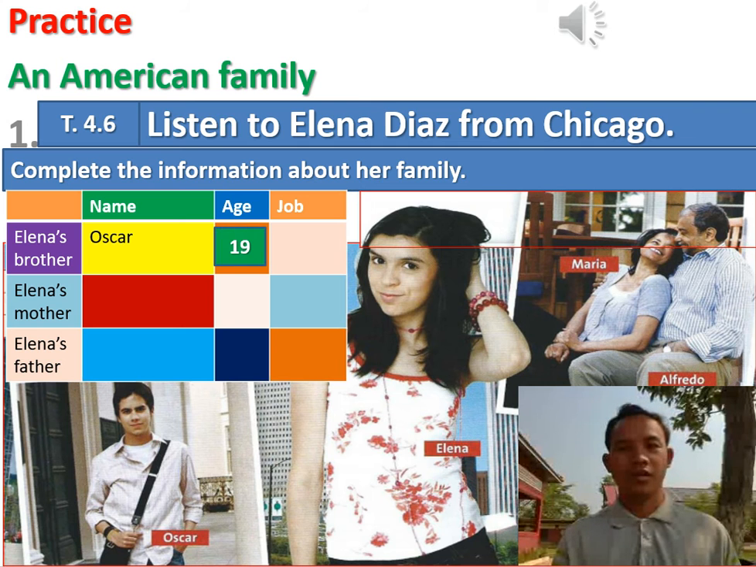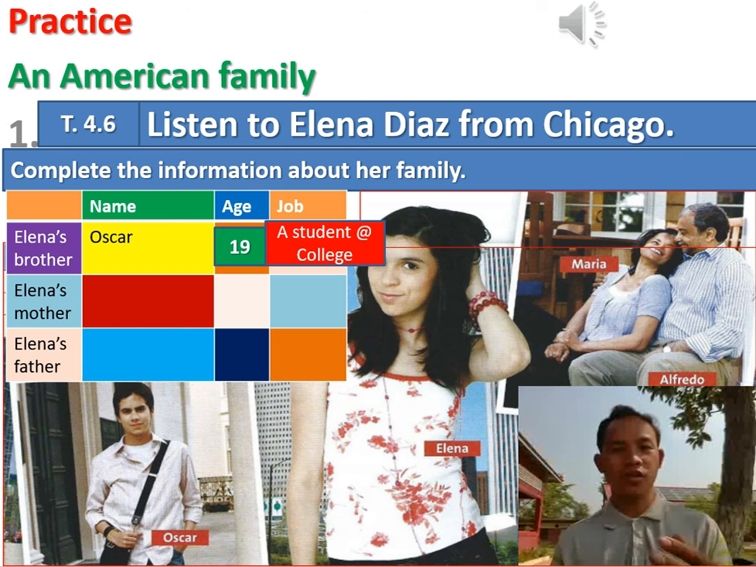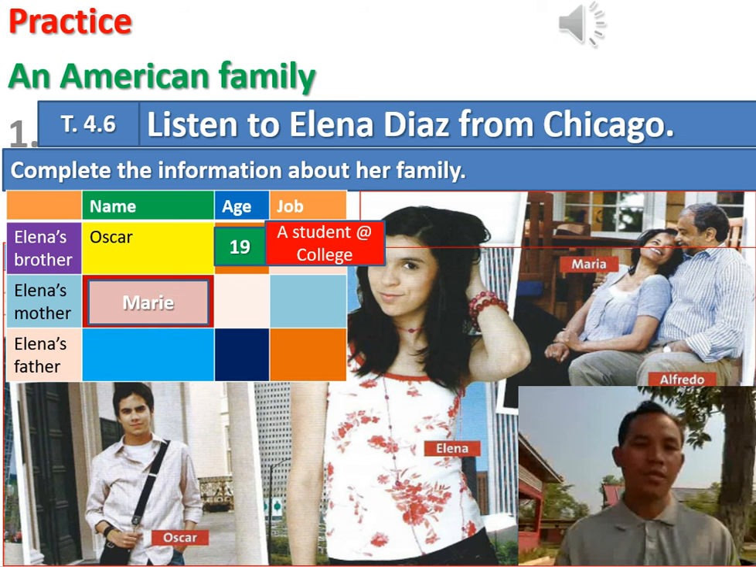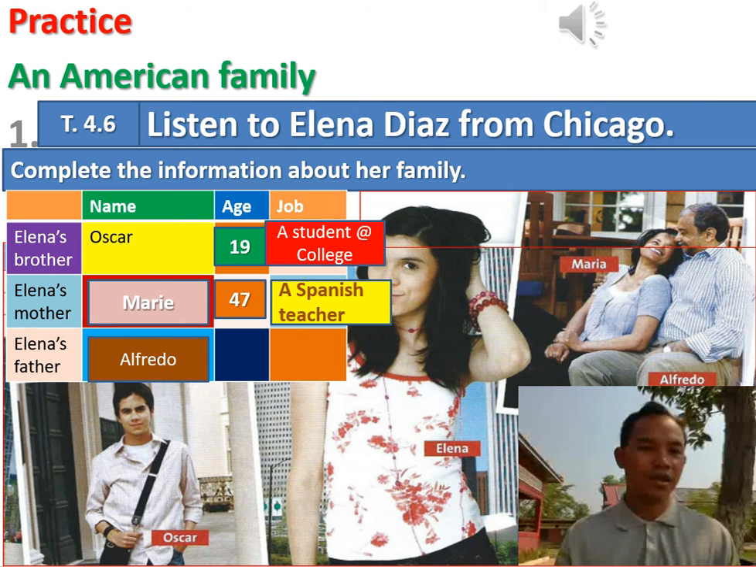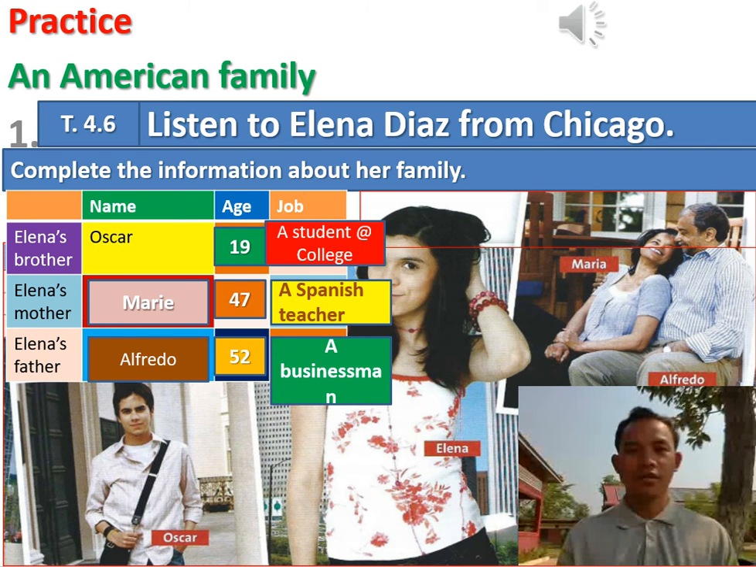Tape script 4.6. Elena Diaz. Okay, sorry, just check the answer. So, like you see, Oscar is 19 and he's a student at college, yeah. Maybe year 1 or year 2, we're not sure, okay. And her mother's name is Maria, yeah. And she's 47 and a Spanish teacher, and her father's name is Alfredo, and he's 52, a businessman. All right, good. So to make sure that is correct or not, let me check it again and